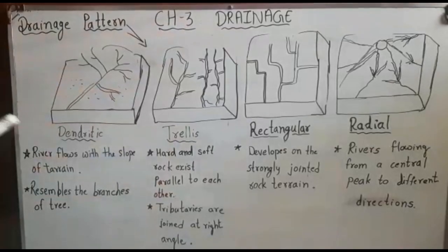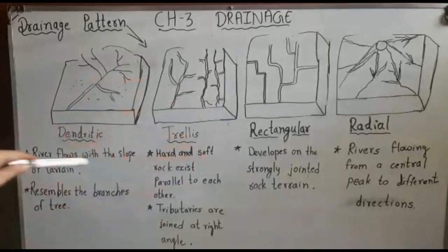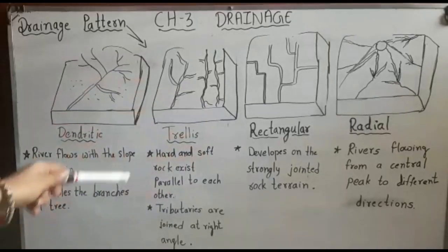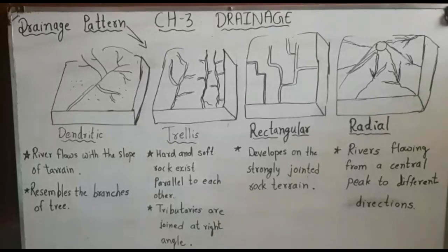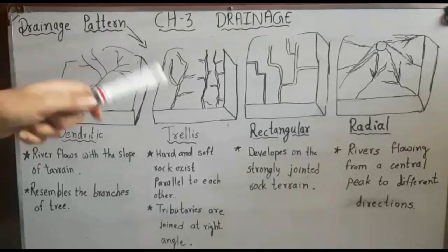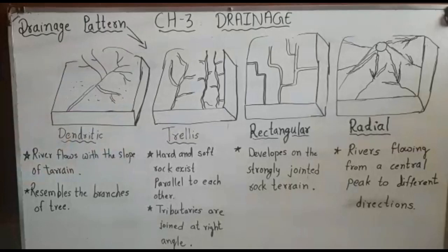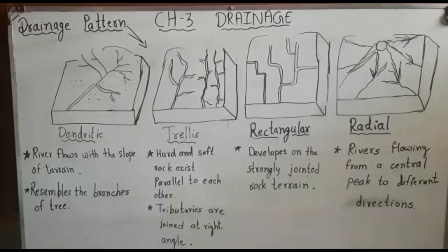So I hope you understand these 4 types of drainage pattern. Here below you can see the important features of each drainage pattern. And one important thing is that you should note it down properly, because different questions arise from this topic. Many times you can be asked to write the different drainage patterns of the river system, or explain the dendritic pattern, or how dendritic pattern is different from the radial pattern. So these questions arise and you can prepare all these answers from here. So note it down and learn it properly.